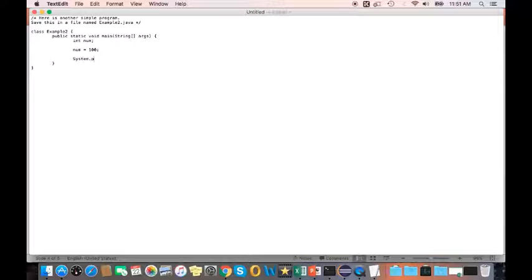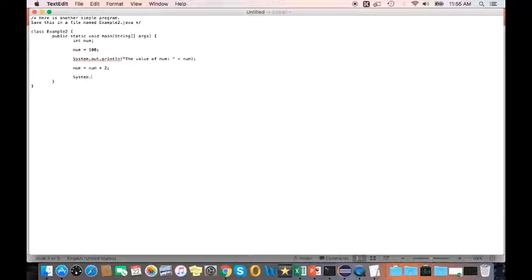We will use this System.out.println method to print the value of num. So plus in this case will append the value of num to this string. Next we multiply the value of num with 2 and assign it back to num.